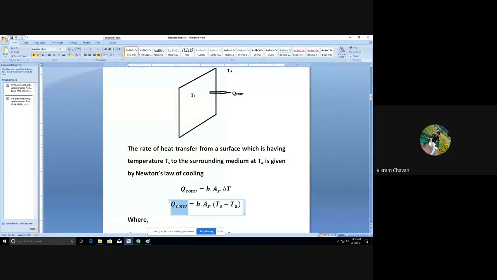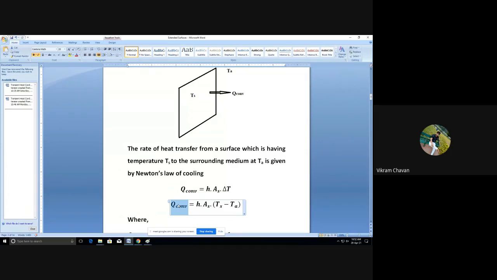So we can say that to increase the heat transfer coefficient, you require one more equipment, and that will also consume electricity. We have to provide an extra arrangement, or we require some extra energy to increase the heat transfer coefficient. So this is not a good application. Whenever we cannot install a pump or a fan, increasing the convective heat transfer coefficient will not be possible in such an application.